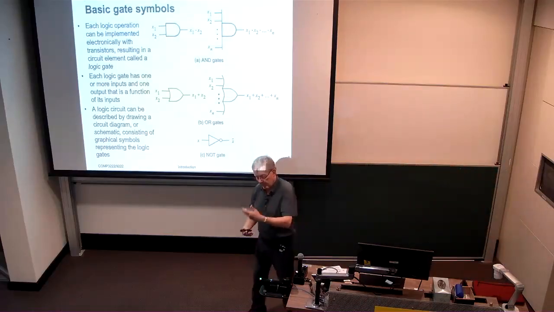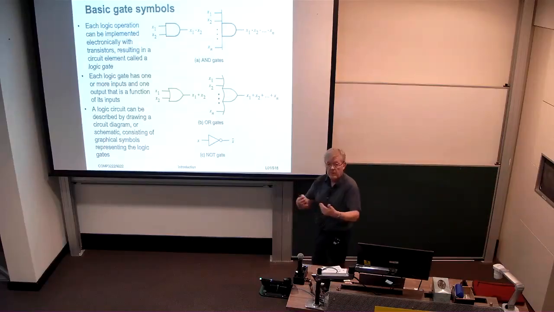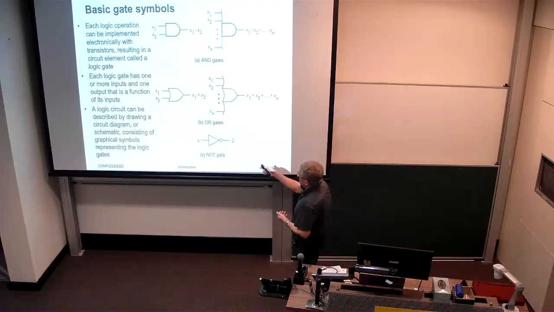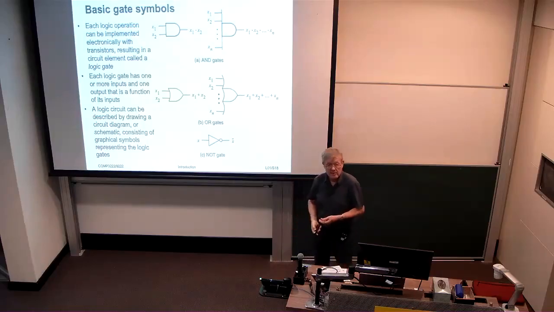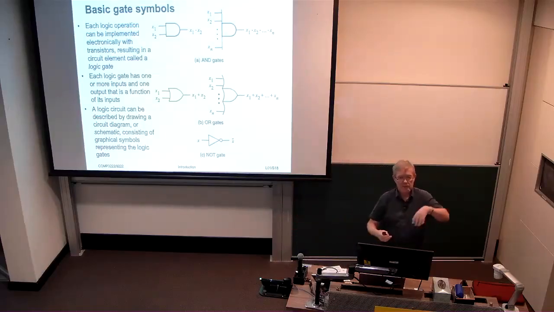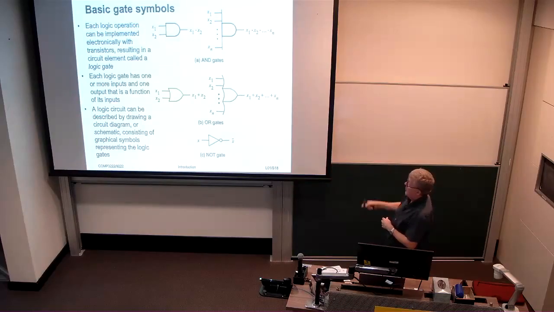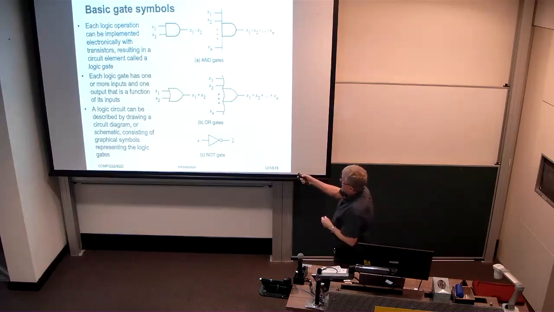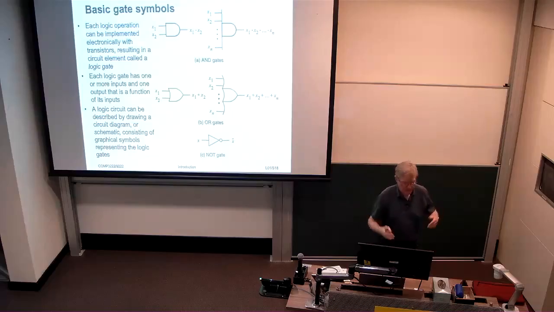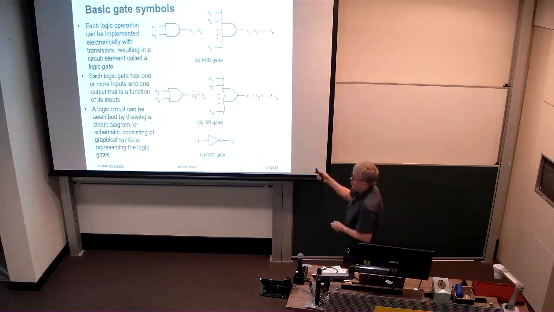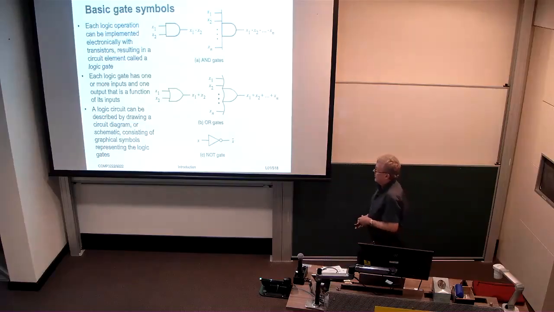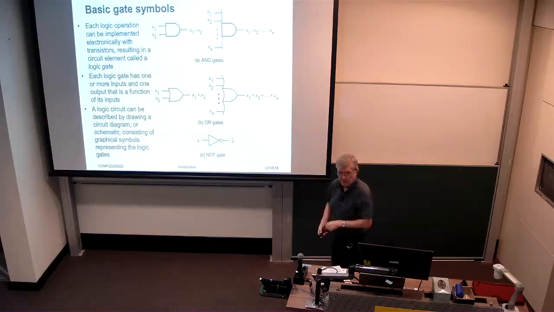So there's also a logic symbol corresponding to each of these operations. At the top here, this is the symbol that we use for an AND operation. It has a flat back and a rounded sort of right-hand side. This is the AND of two inputs, x1 and x2. This gate over here illustrates the AND of n inputs. That's a logical symbol. In practice, we rarely put more than 4 inputs into an AND gate. Doesn't work transistor-wise. You drop too much power if you try to do that.